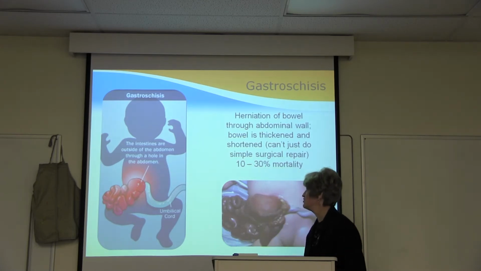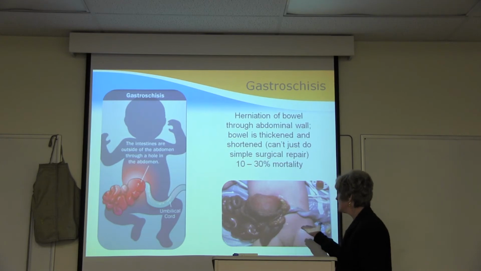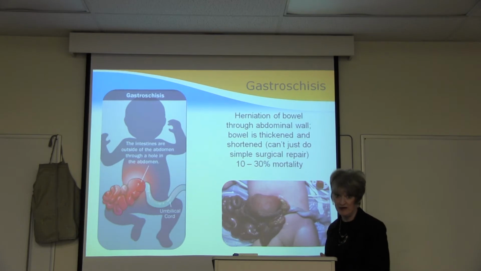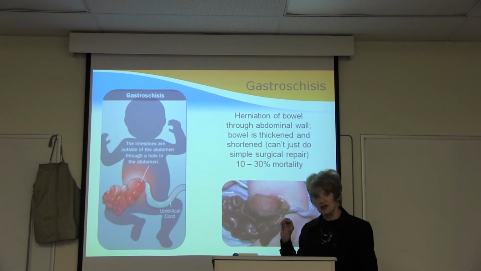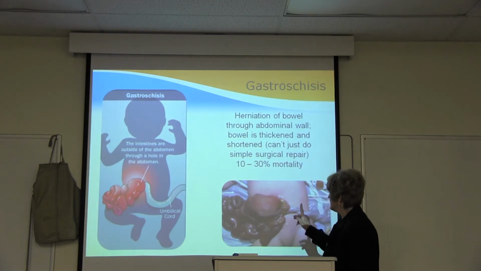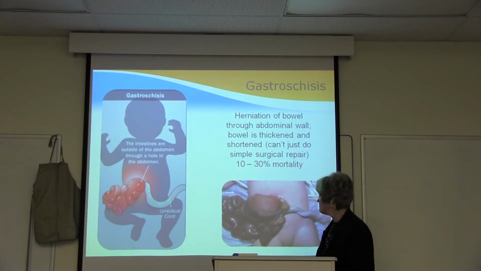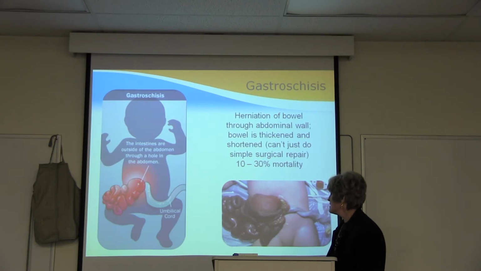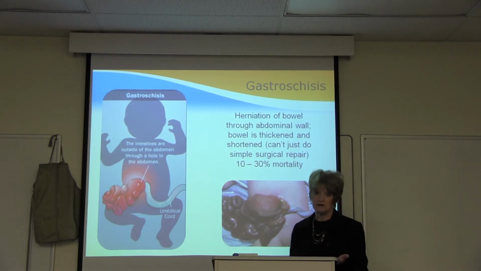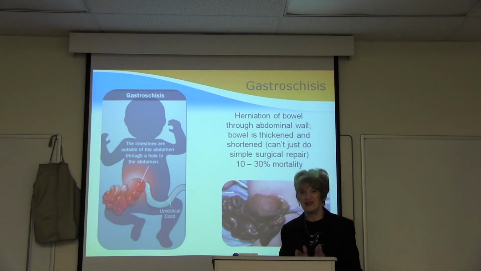So here you see gastroschisis. And of course, you can imagine how traumatic this would be for parents to see their baby with the bowel on the abdominal wall. And that's what gastroschisis involves. A significant section of the bowel is located outside the abdominal surface and sitting on the abdominal surface. In addition, the section of bowel that has herniated to the abdominal wall is frequently shortened and thickened,